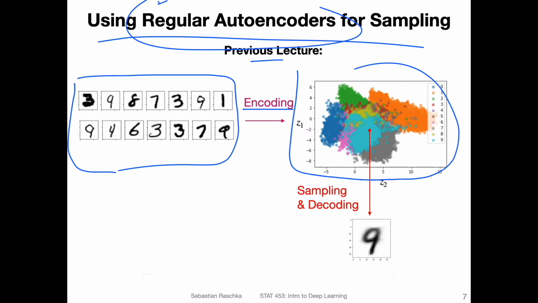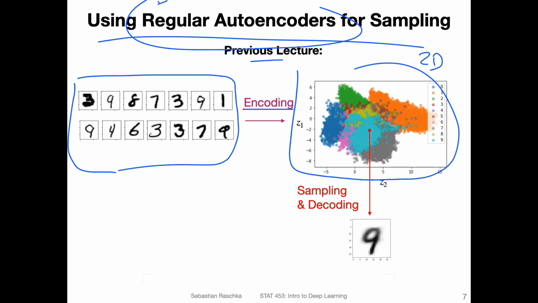Why did we use a two-dimensional latent space? Well, that was really arbitrary on my side. I just wanted to have it two-dimensional so that I can visualize it in a scatter plot, so that you get a feeling of how it looks. But of course, the dimensionality is relatively arbitrary. I could have used a 3D, 4D, 5D, 100-dimensional latent space representation. But then I wouldn't be able to make a 2D scatter plot.